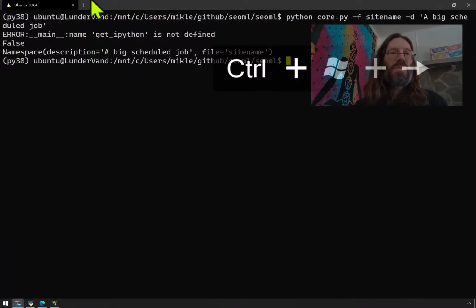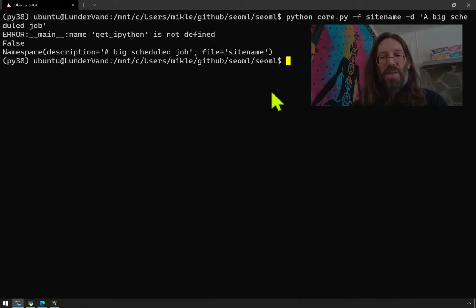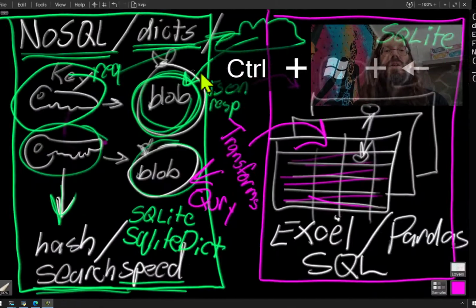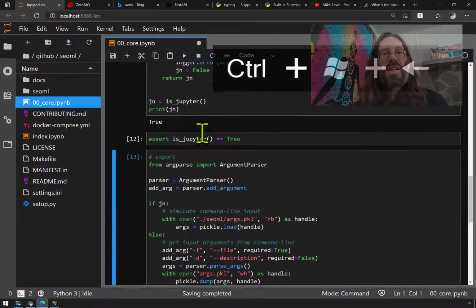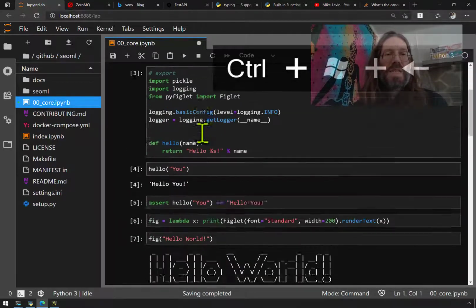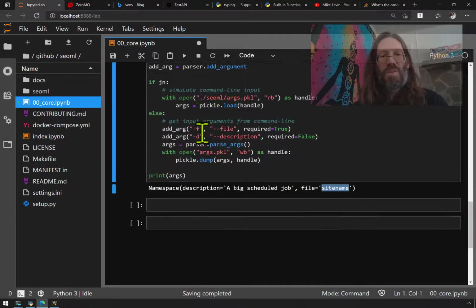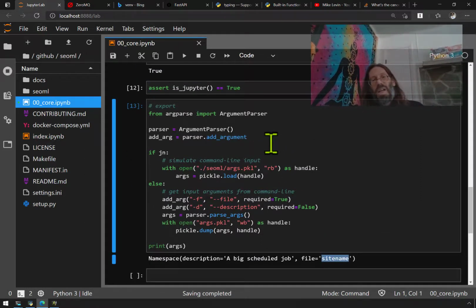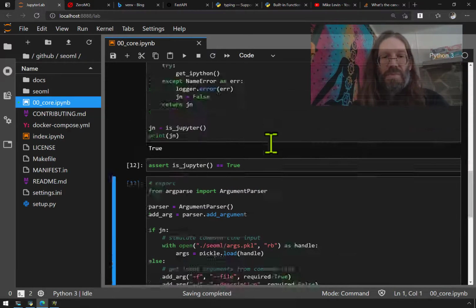So whenever I run it from the command line now, it pickles into that location the arguments I just used, so that debugging on the Jupyter Notebook side is super duper easy. And we're moving this project ahead with some great rapidity. I'll think about what my next step is, but you can see here how this kind of stuff is